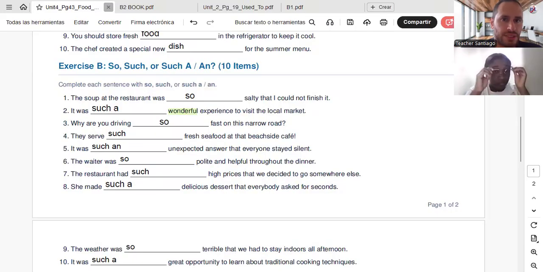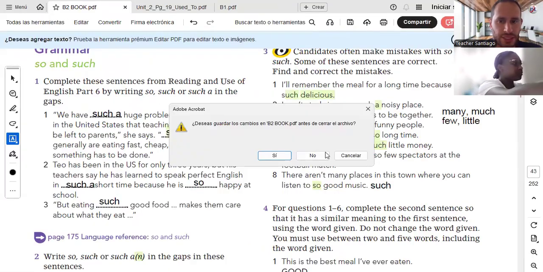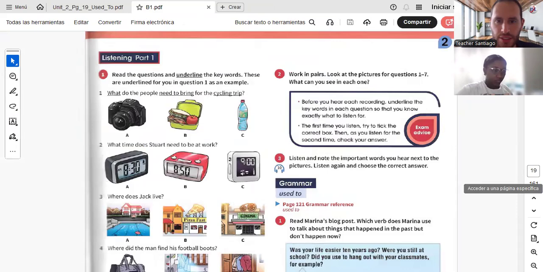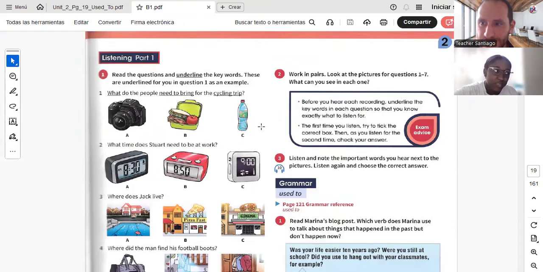I'm going to share my screen. Let me see something. I'm going to close this. Closing this is B2 and we are B1. So B1 page 8. First of all, what did we study yesterday, Sandra? Simple past versus past continuous. Okay, simple past and past continuous. Do you have any question about that? No, it's clear. Great.